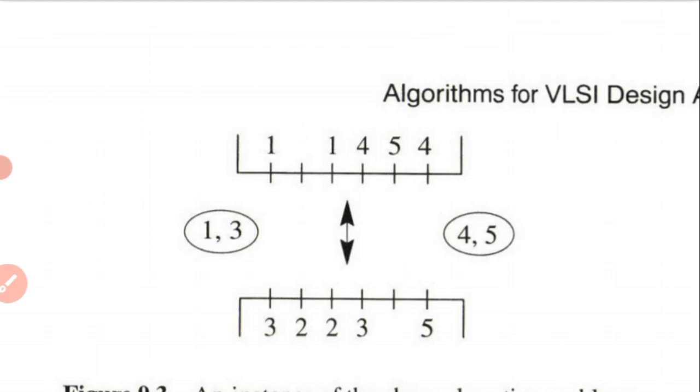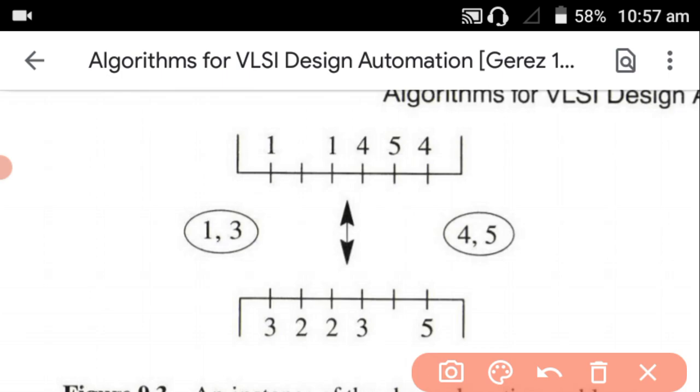We know the top side and bottom side are fixed, right? So the left side and right side are free. The floating points we are able to enter through the left or right side, and the router must decide the exact position in the channel. So here 1, 3 and 4, 5 have the floating terminals.